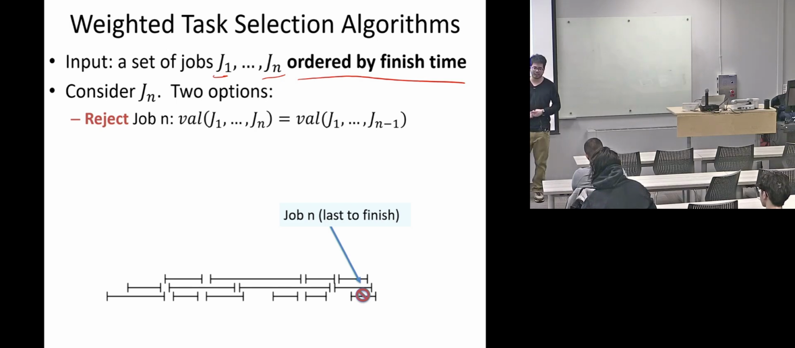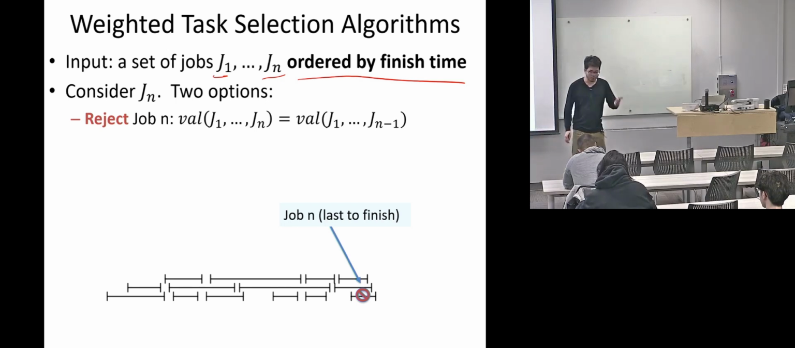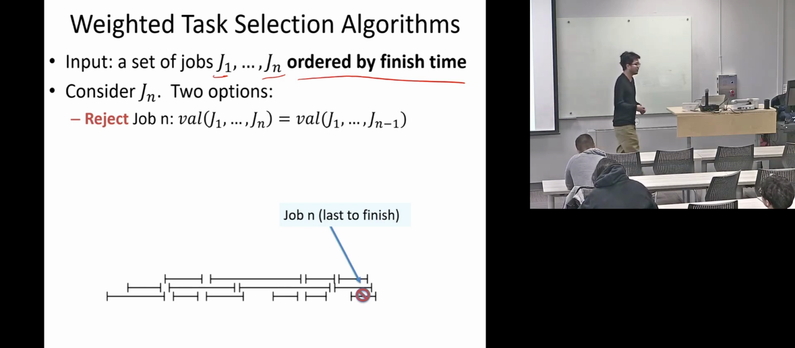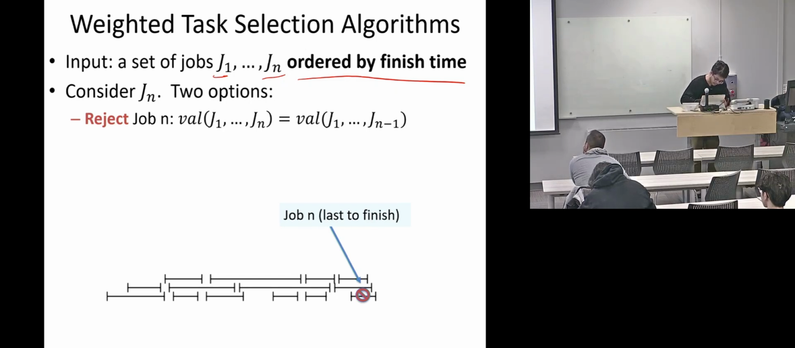Let's try to consider the last job, the job that is ending last. In the optimal solution, you have two options: this last job is either in your solution or it's not in. Okay. So let's try to guess what the correct answer is. So suppose that the last job here, Jn,